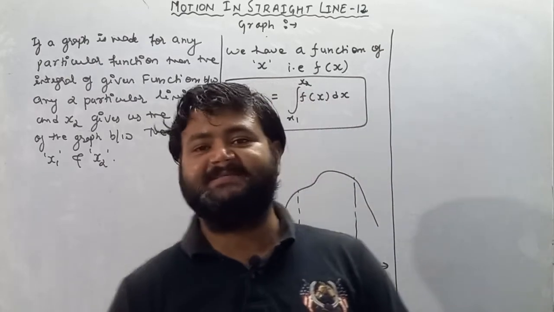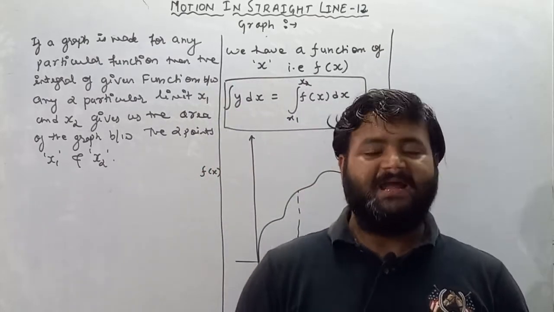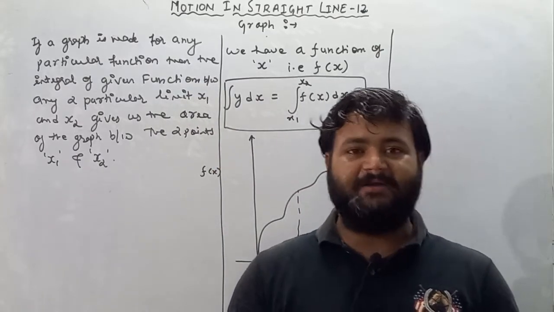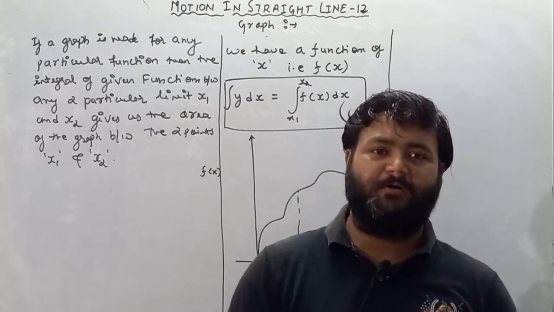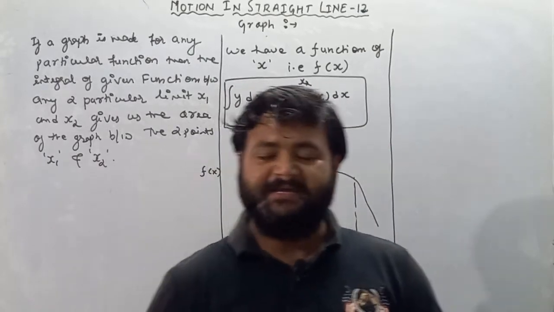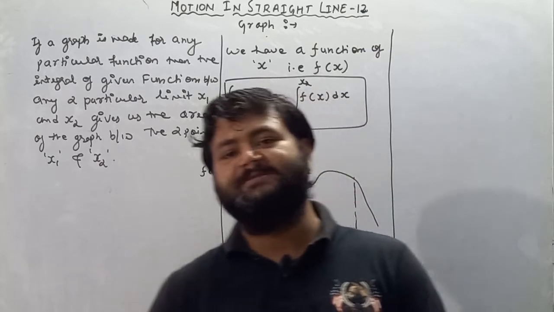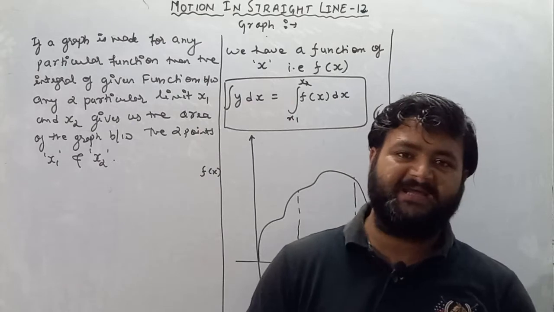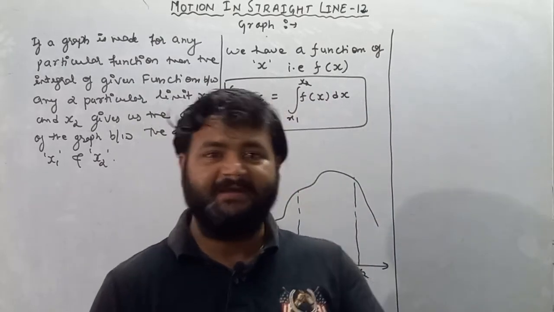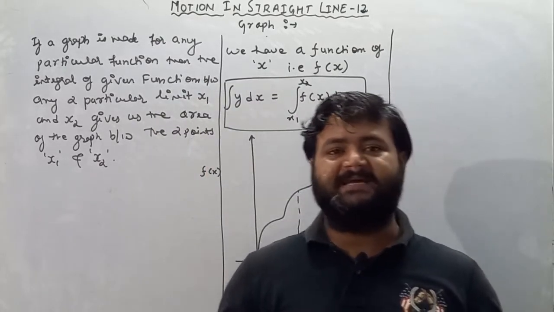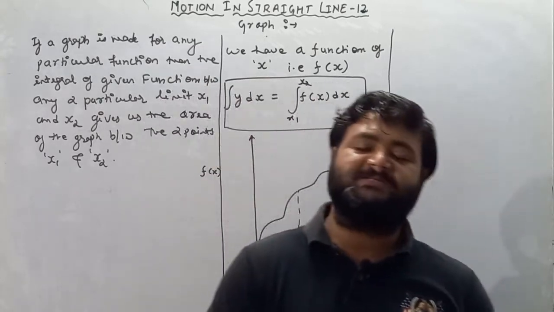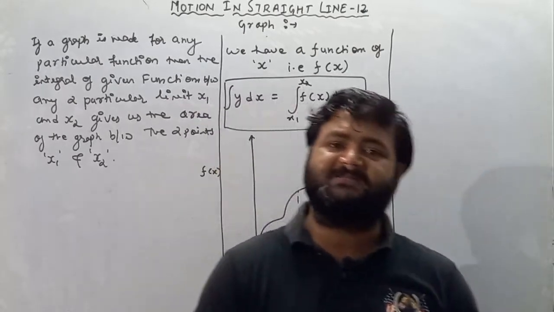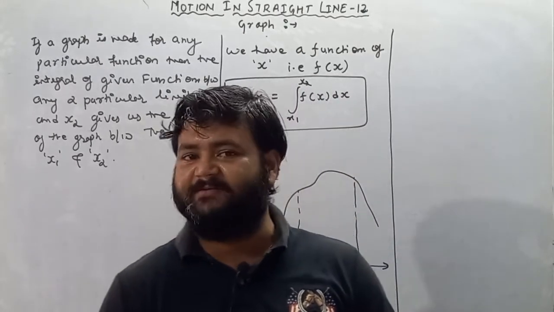In the last class, we discussed how we form a graph, and I showed you different variations of graph for a straight line. I already told you that you have to remember all four equations: the equation of a straight line, which is y = mx + c; the equation of a parabola, y² = 4ax or x² = 4ay; the equation of a circle, x² + y² = a²; and the equation of an ellipse, x²/a² + y²/b² = 1.